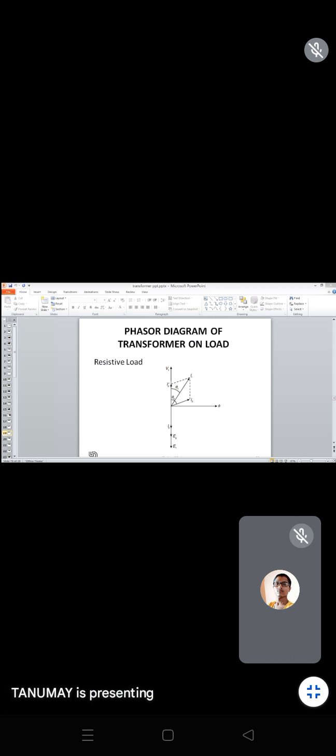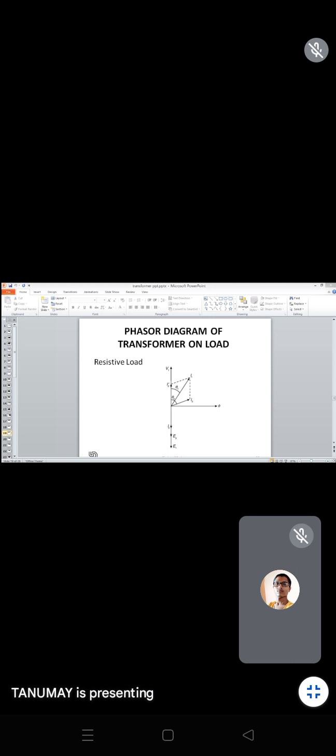Now I2 dash will be just reverse, that means I2 dash will be in reverse direction of I2. So this is the direction of I2 dash. This is the direction of I0, that is the no load current. So now the resultant of I0 and I2 dash is this one, that is I1. Now you see this angle theta 1 is more than the capacitive type load and lesser than the inductive type load. Clear? So these are the three different phasor diagrams of the transformer.